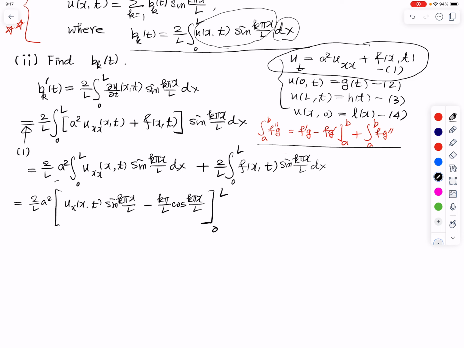Then, plus the integral from 0 to L of u(x,t)